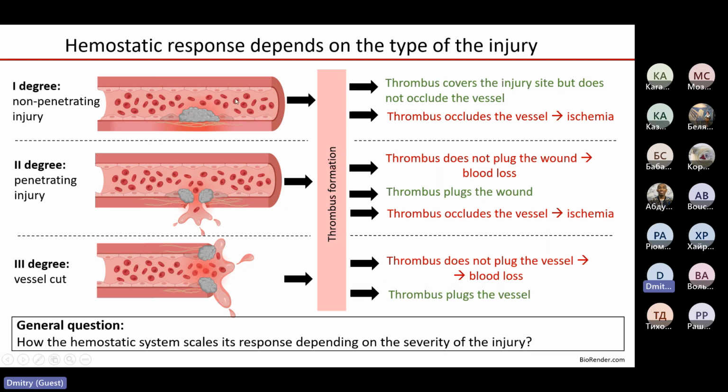So in normal cases, we don't have occlusion here. This is a normal response. The second degree is penetrating, but partial penetration. It's type 2. And in this case, the normal response means that we plug this injury here, we build a platelet plug here, but we don't occlude the vessel here, but we also stop the blood loss with this